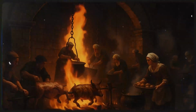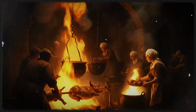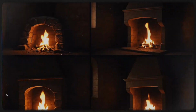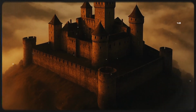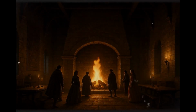Why did the rational builders of the past create such gigantic hearths in rooms with low ceilings? Was it really just to show off their wealth? Or did these colossal structures have functions that we cannot even imagine? Today, we will reveal the secrets of medieval fireplaces and learn how they shaped the lives of entire generations of